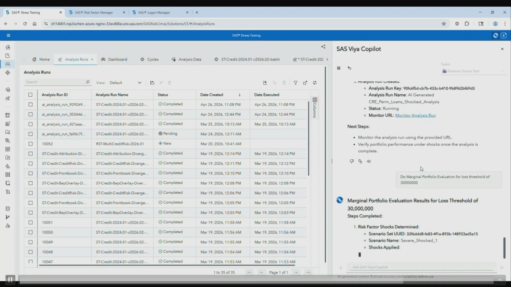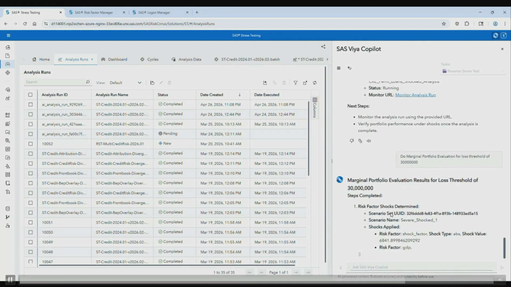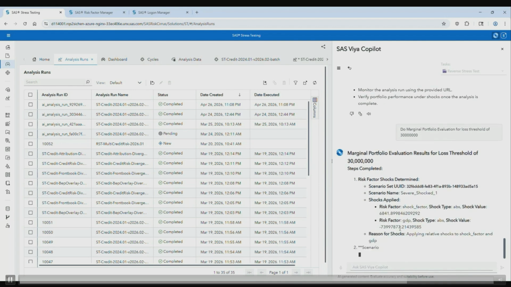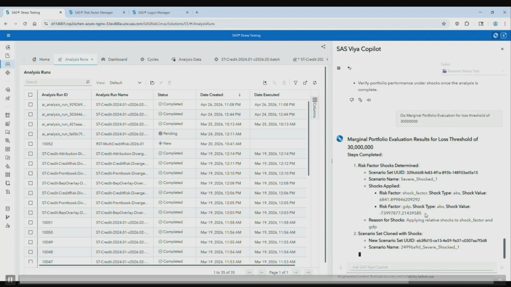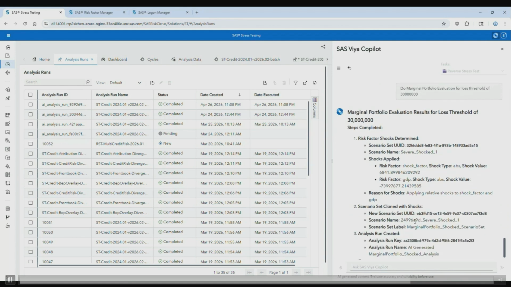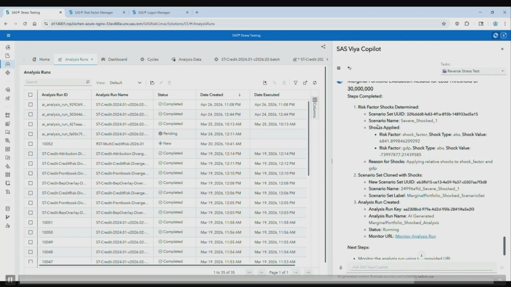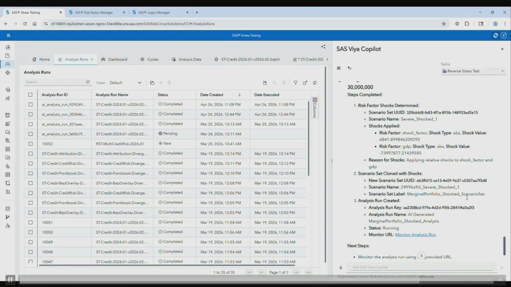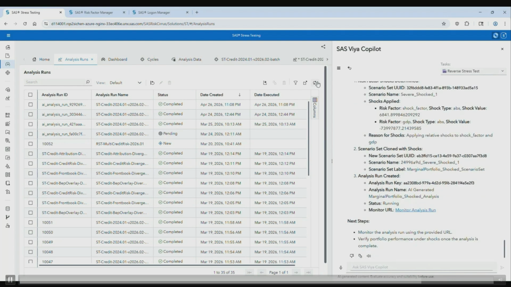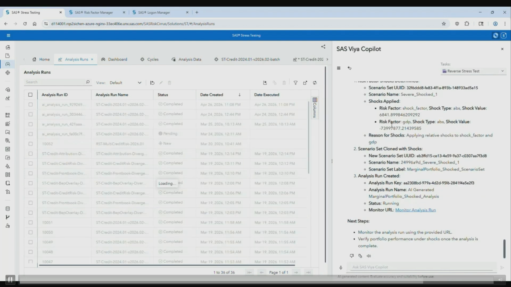And when I submitted the new loss threshold, again, it went through the same steps. It calculated the risk factor shocks that are needed for the loss threshold value, and then it created a shocked scenario, and then it created a new analysis run. So we are reusing the objects within the solution to perform the additional analysis.